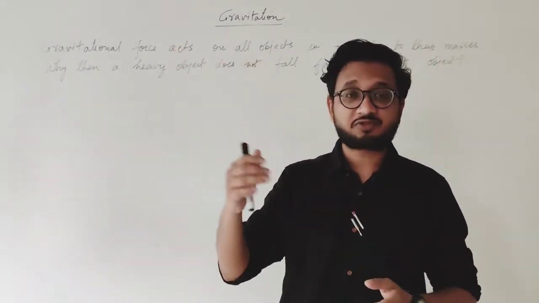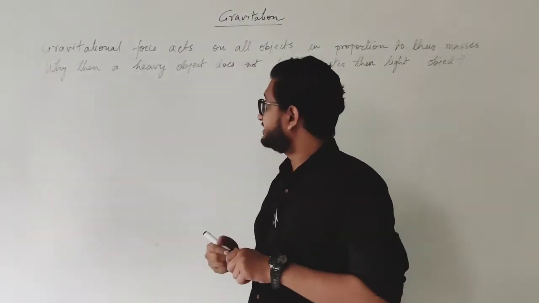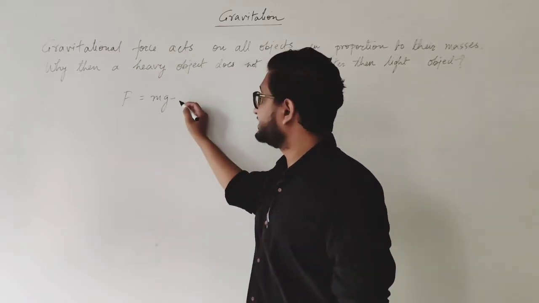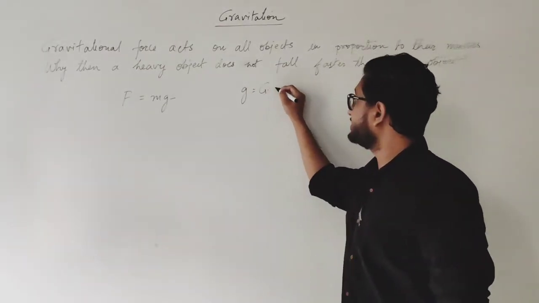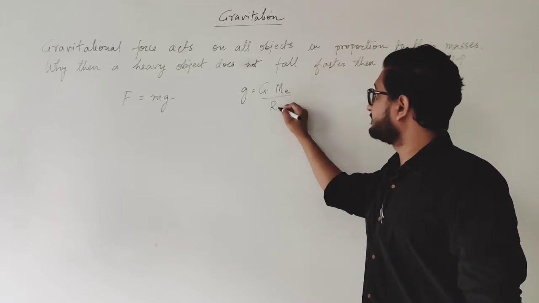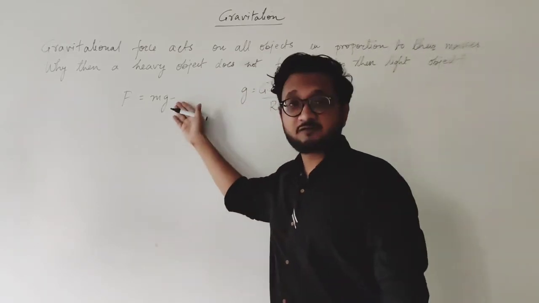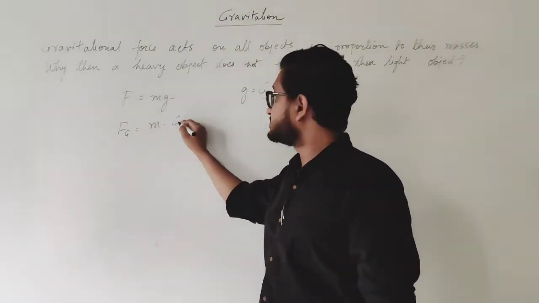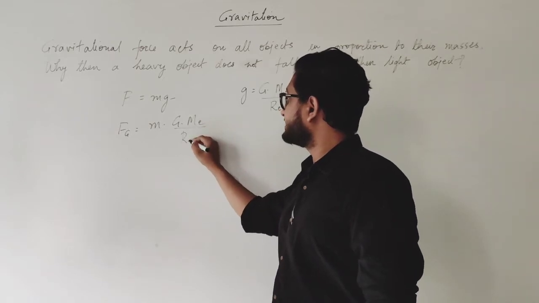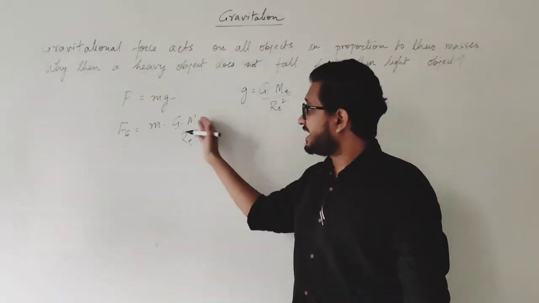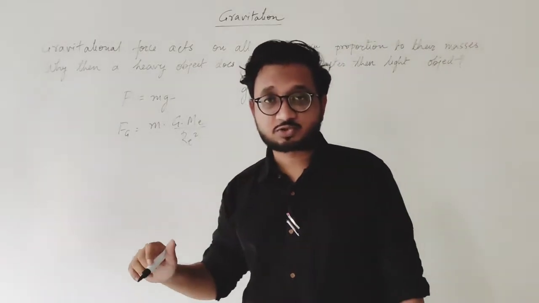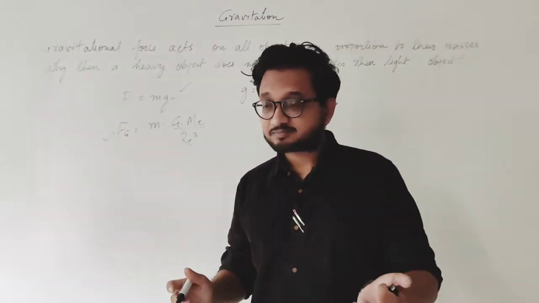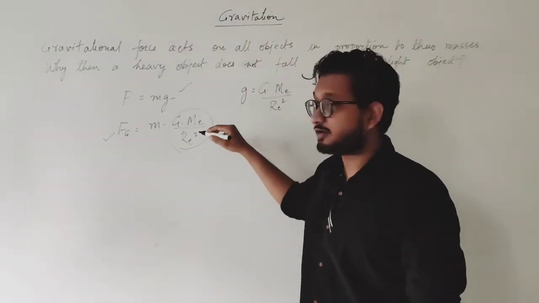Because the gravitational force on that one is more. But if you see that the gravitational force F is equal to m into g, okay, where g, as you know, is equal to G into M of Earth upon radius of Earth square. So if I substitute this value of g, it will become our gravitational force, that is F is equal to m into g, that is G M of Earth into m upon R e square, that is G M m upon r square, or distance square. So basically if I write this formula or this formula, they are basically the same. In short, I am substituting the value of this over here.